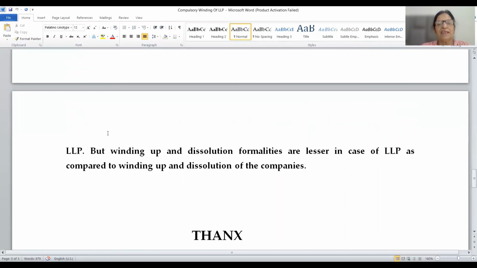And the third is, who can file a petition and what are the powers of the tribunal on hearing the petition, and then which are the various steps involved in the compulsory dissolution of LLP, and also the grounds for compulsory dissolution of LLP. So this is all about winding up of LLP. This is all about this LLP unit,